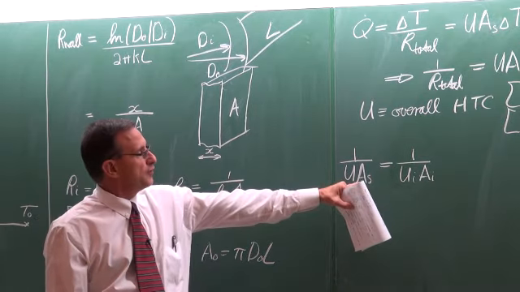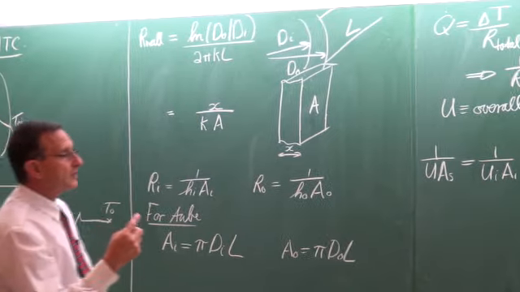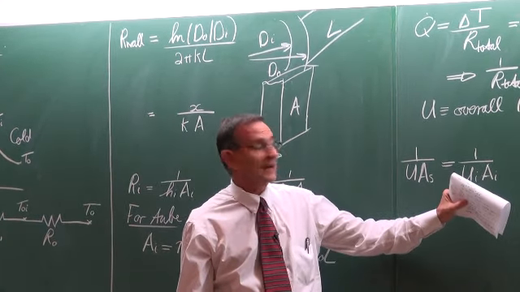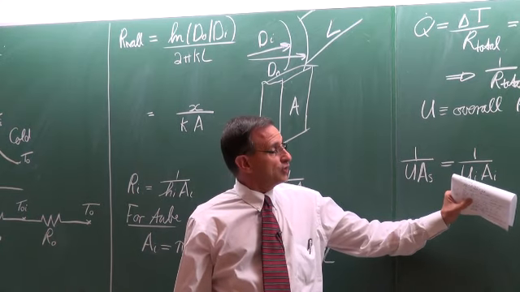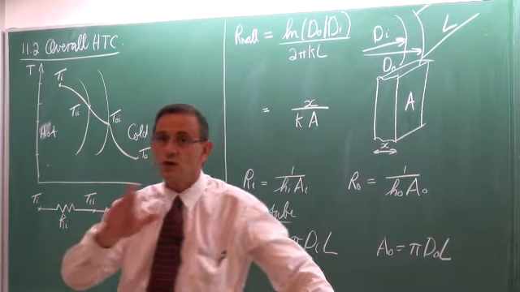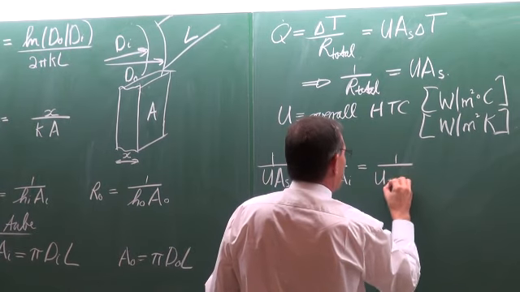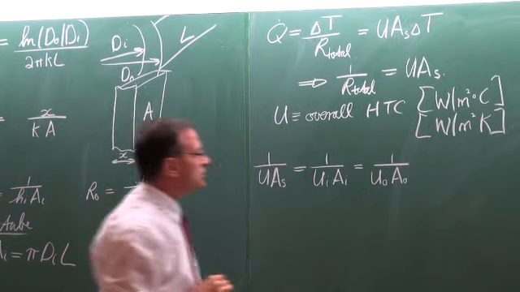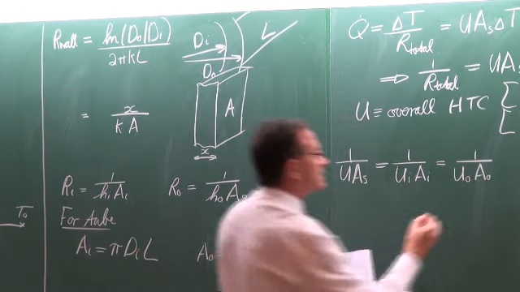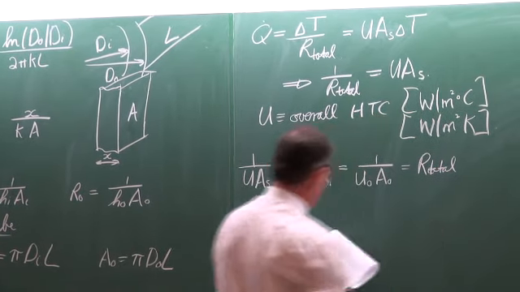We can say that for this surface area, we choose the surface area on the inside. But if we do that, you're going to see that the overall heat transfer coefficient that you calculate is not going to be the same value as if you use the area on the outside. So this is very important. It's also equal to 1 divided by the overall heat transfer coefficient on the outside multiplied by the surface area on the outside, which is equal to the total resistance,